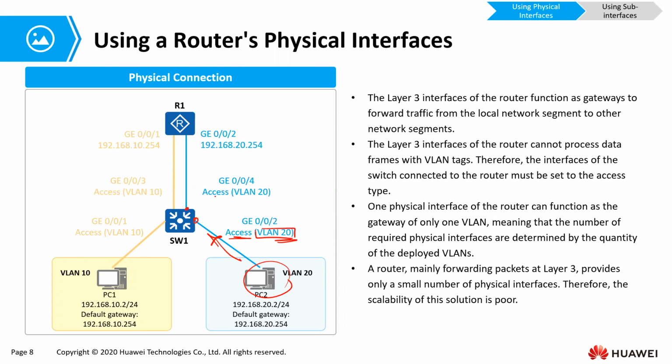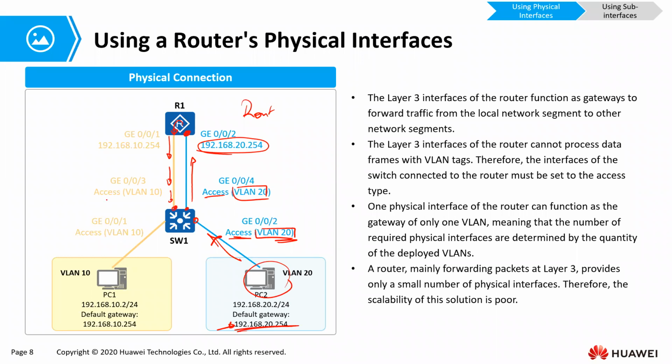When it reaches here, it's an access port with PVID of 20, it will untag the VLAN tag 20 and send the normal IP packet to that default gateway that has been configured on those devices. When the default gateway gets the normal IP packet, not tagged, nothing at all, it forwards it based on the routing table, and then discovers this is the outbound interface. The packet goes as a normal untagged frame.